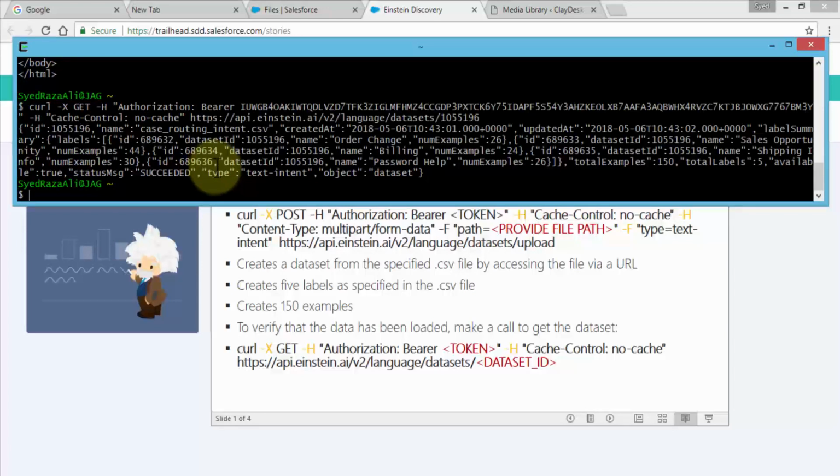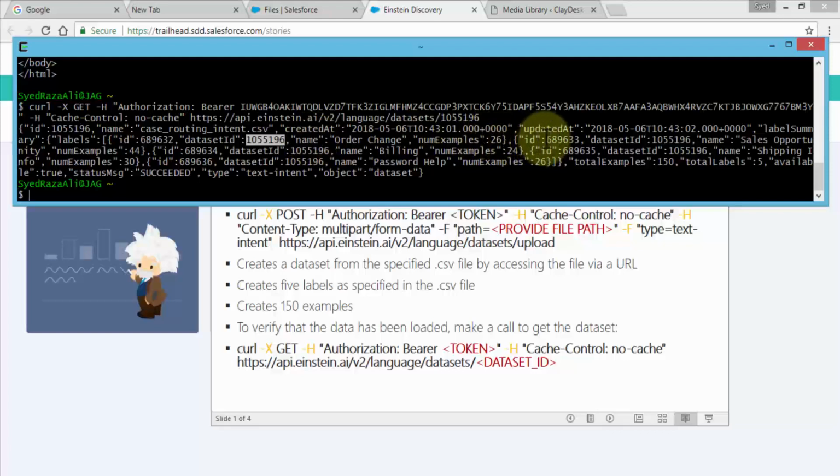So perfect. So we do get the result here, and notice in this result I'm looking for the status message, right? There we go. So it's succeeded. So it's successfully created, and now the data set is verified. And what happens is it gives you, of course, the ID remains the same for the CSV file, but for each of the labels you get the dataset ID,